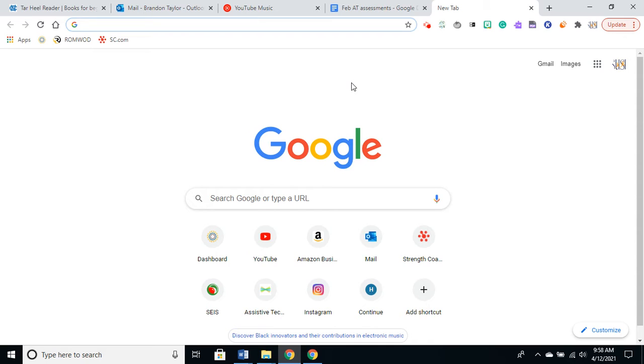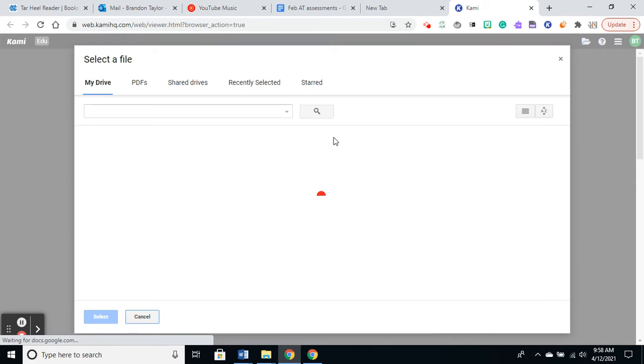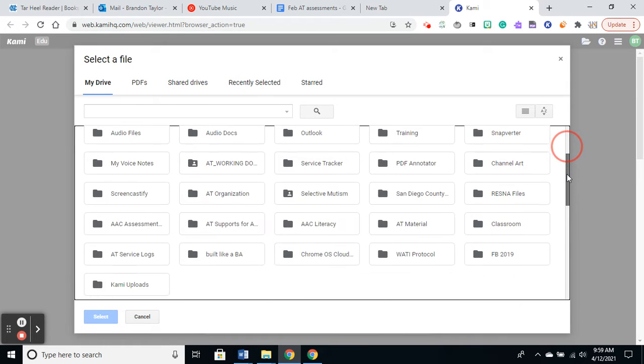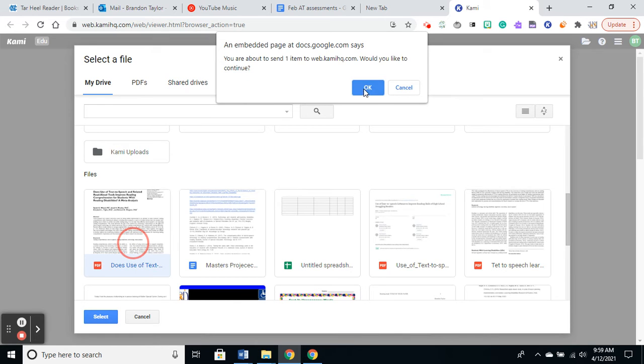Today I'm going to be going over a short OCR compression video for CAMI so we can make our materials accessible to our vision impairment students. So the first thing we want to do is go up here into the extensions toolbar and open up CAMI. It's going to bring us to a screen here. And what we're looking to do is I'm going to go ahead and open from Google Drive. I'm going to go to a document that I'd be sharing with my class as an assignment. I'm going to go ahead and open up this first